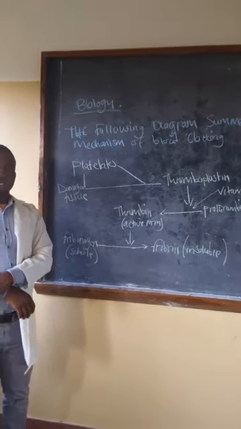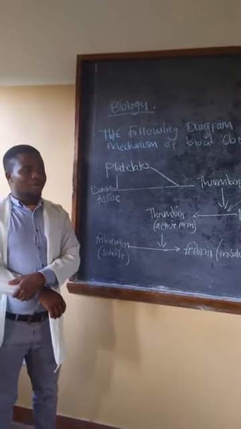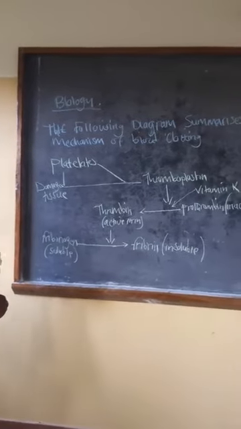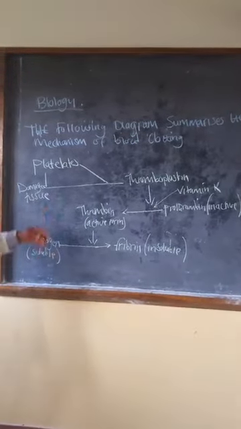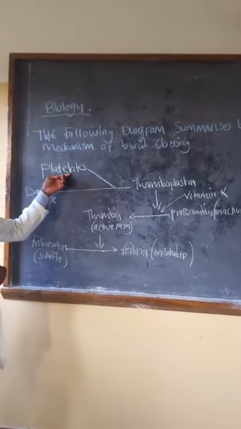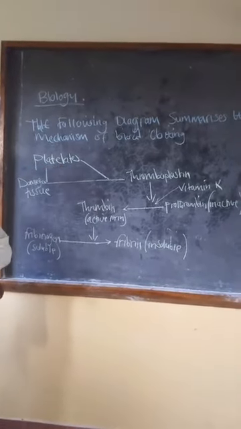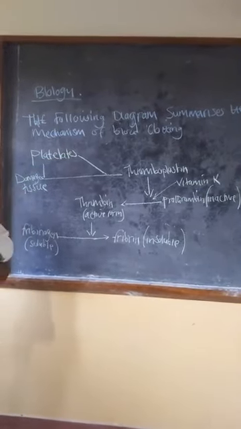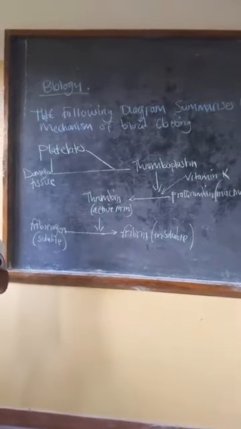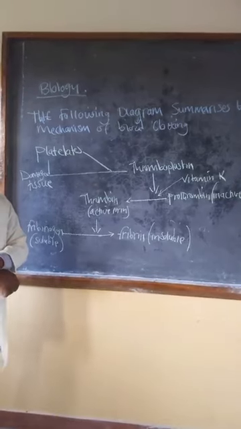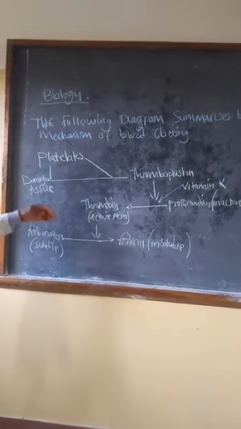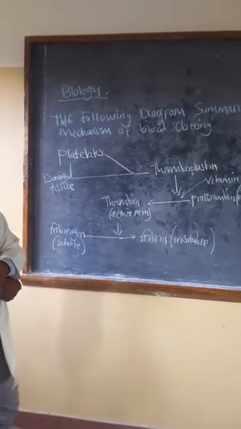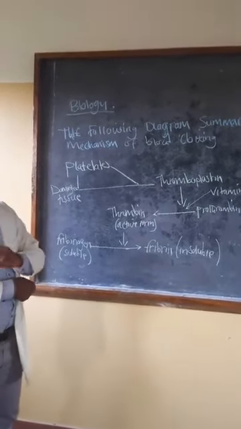Blood plays the main role in our lives. What usually happens is that when platelets get exposed to damaged tissue, or when platelets get to know that there's a part of the body where the tissue has been damaged, these platelets, as one of the components of the blood, will release a